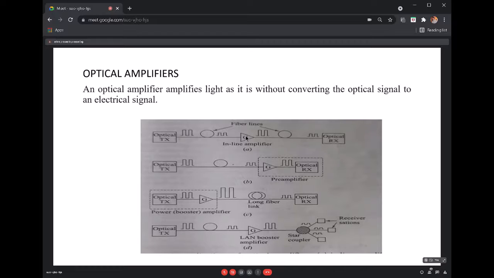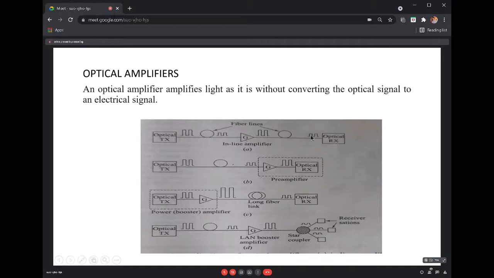Where a complete regeneration of the signal is required, a simple amplification is sufficient, because the entire thing you are reproducing, you need not remove something or add something. So only a simple amplification technique is used, so an inline amplifier is used. Okay. This sort of inline amplifier will be used in order to compensate the transmission loss and also to increase the distance between the regenerative repeaters.